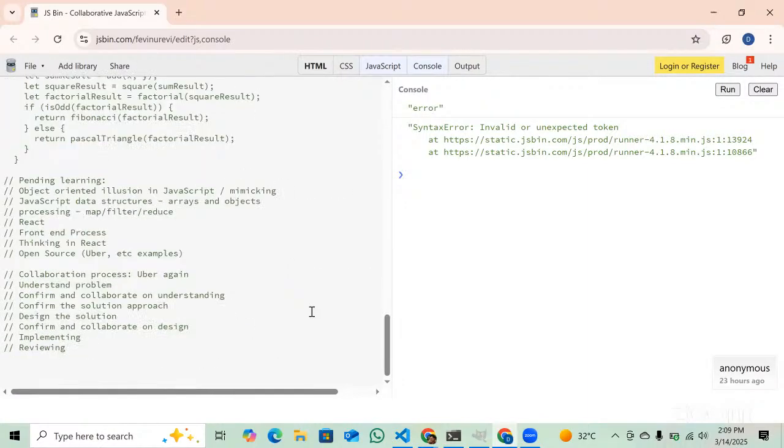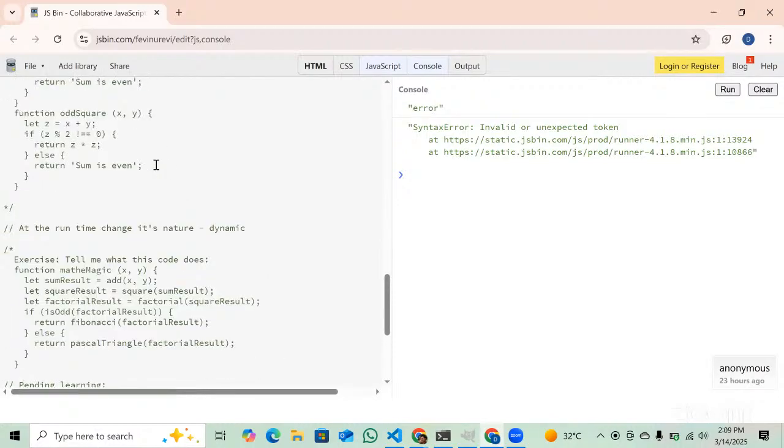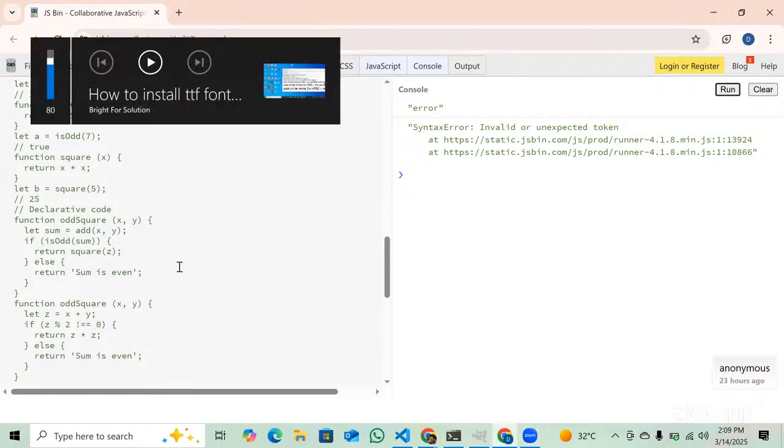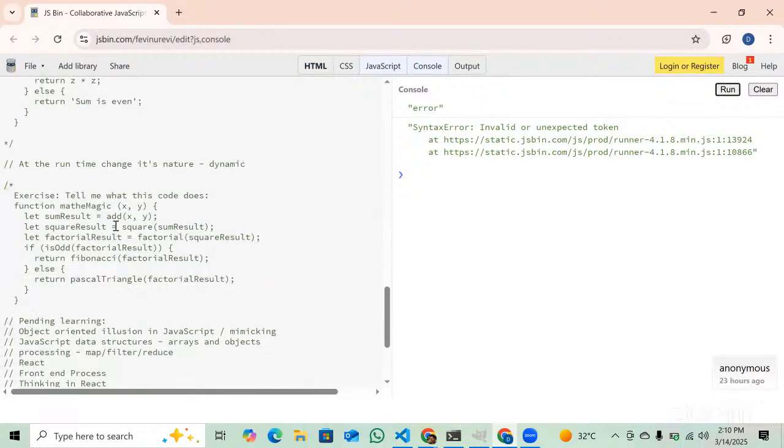Okay. So any questions with respect to what we did yesterday in JavaScript, the functional nature of JavaScript? No questions, Raj. Okay. No, nothing. It's clear. Okay. So then I want you to